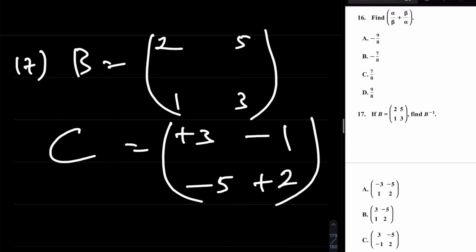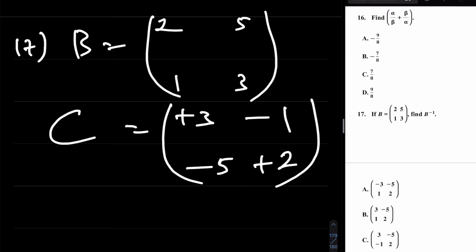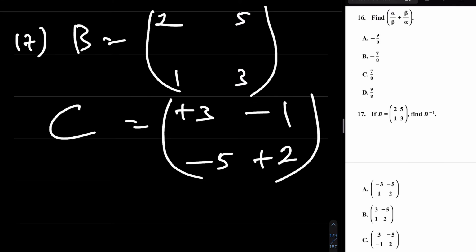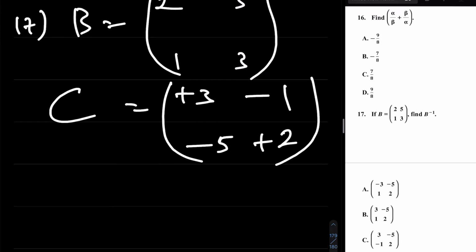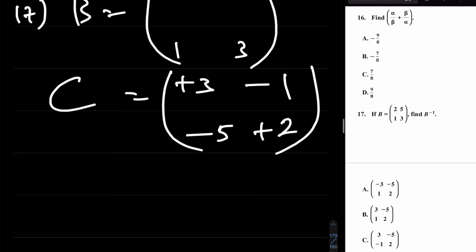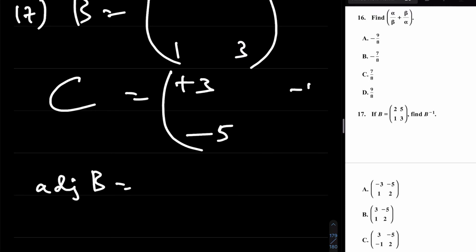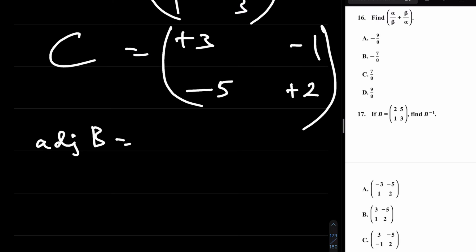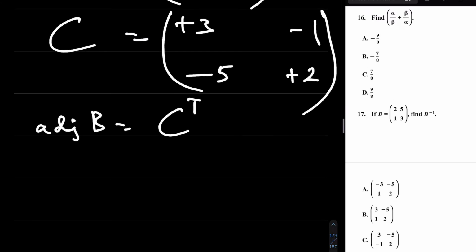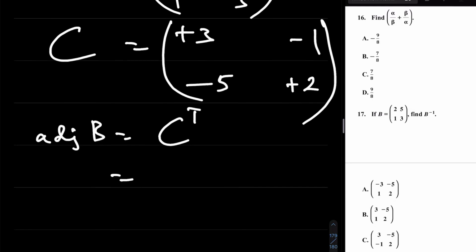So this is the matrix of cofactors of B. It has elements plus 3, minus 1, and plus 2. Whether I put plus or not, it doesn't really matter, but let me leave it that way. So the adjoint of B is therefore, let me rearrange this way, minus 1 and plus 2, just for clarity. Now, the adjoint of B is going to be the transpose of the matrix of cofactors of B. That's the transpose of the matrix C. And that's simply